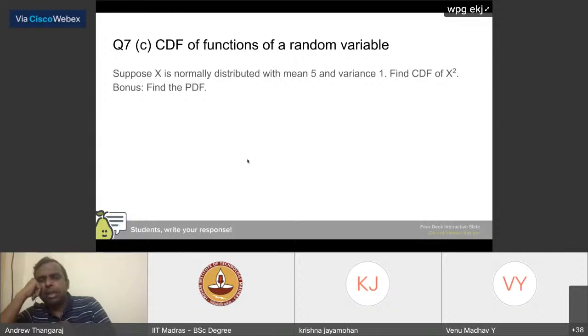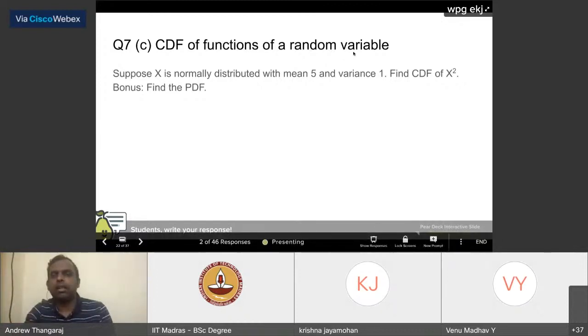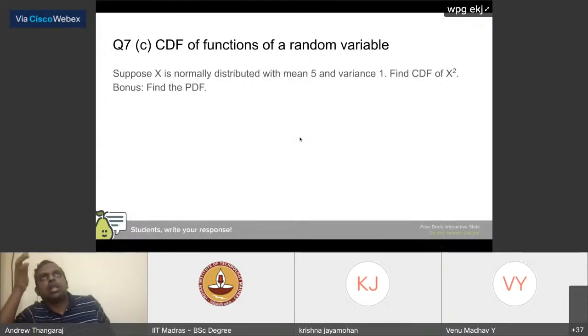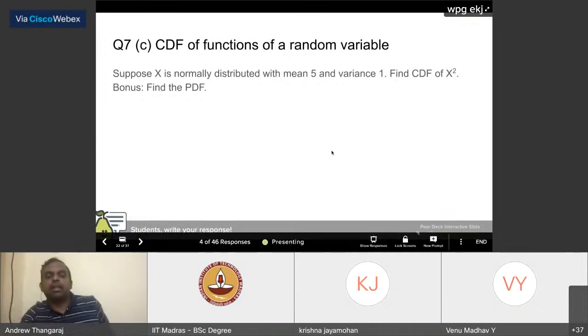The answer will be in terms of FZ, okay? Yeah, I don't think you can write the CDF without using FZ. You can leave the answer in terms of FZ. So I want the CDF of X squared. Remember, even in the previous case, when you did probability that X squared is less than 3, the answer was in terms of FZ, right? So now we are doing capital X squared less than or equal to small x, right?